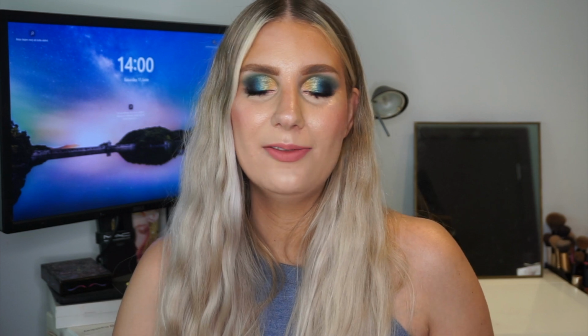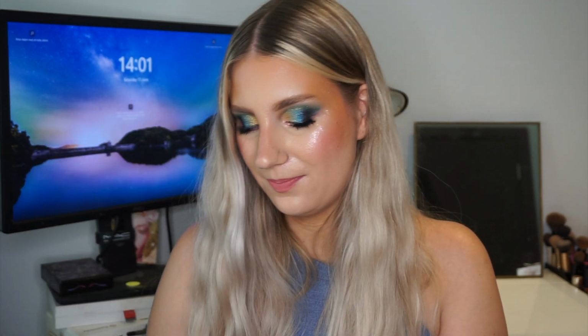Next up we have a really new palette. Again, I got this in the round of new palettes like about a month or month and a half ago, and that is the Natasha Denona Biba palette. This one here, I am so excited to have in my collection. I just haven't been getting around to using this one yet because I'm panning so many eyeshadows. If I wasn't panning eyeshadows, I would have reached for a lot of these palettes already, especially my new ones,